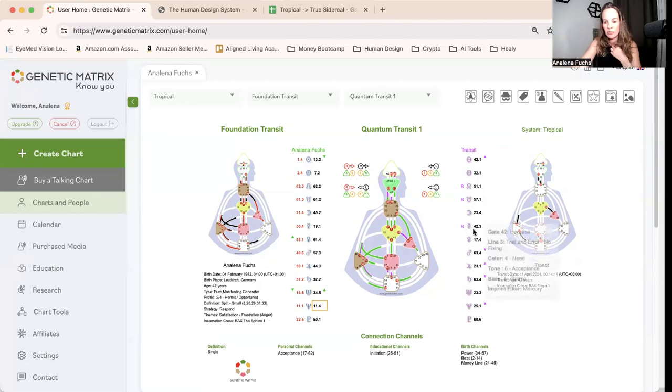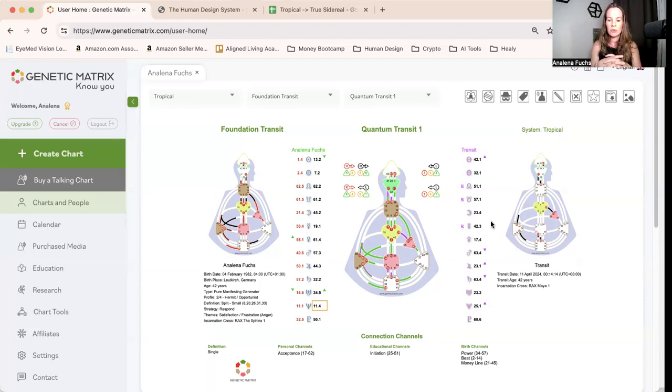Then we have Mercury. Mercury also moves a little bit faster than most other planets. It's very similar to the sun. That's also why you see Mercury always very close to the sun as well. Then we have Venus and Mars. They are going to be a little bit slower. So you will just notice that they will hang out in those gates a little bit longer. And then the outer planets like Jupiter, Saturn, Uranus. And then we have Neptune and Pluto. And Pluto, for example, is a very, very long time in certain gates because it's just a very slow moving planet.